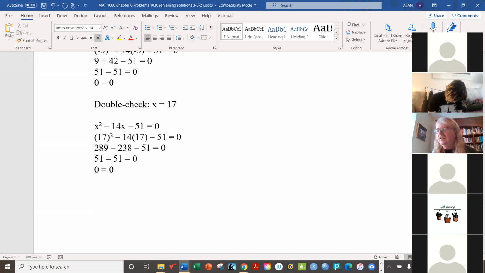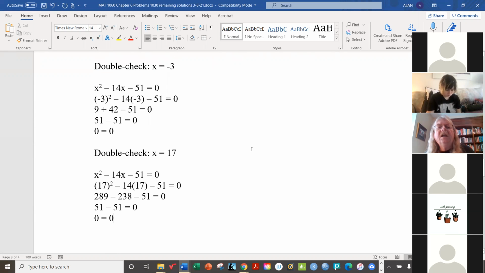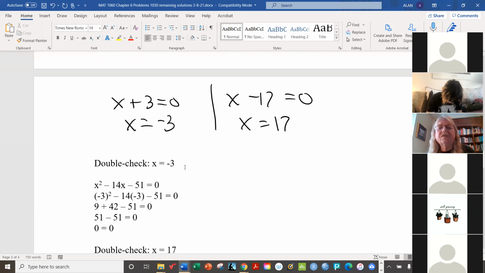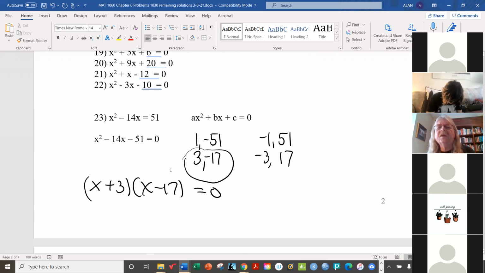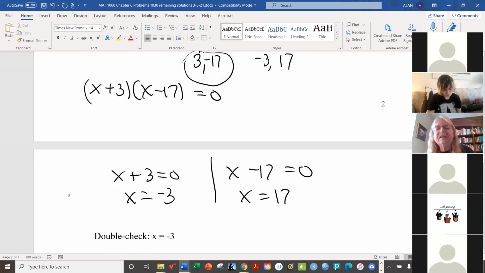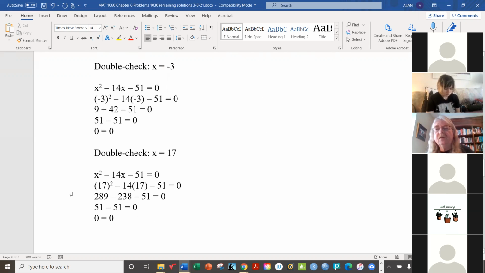And so we're good. That means we must have done this correctly, because you can see that they do in fact provide us with the correct solutions. What's nice about this is that if this is the case, then we must have factored them correctly too. So we don't really need to double check twice. We could have double checked this with FOIL, but the fact that this part works means that we must have factored the equation correctly. So only one double check is really necessary here if you want to do that.